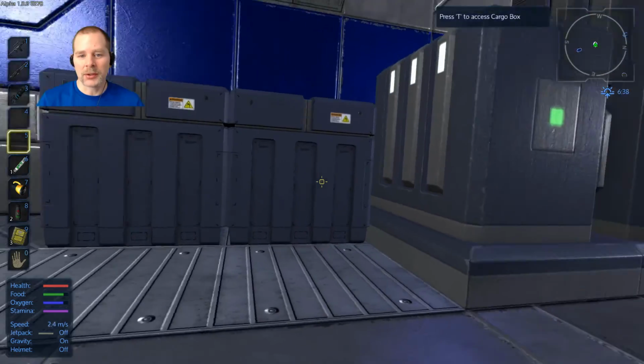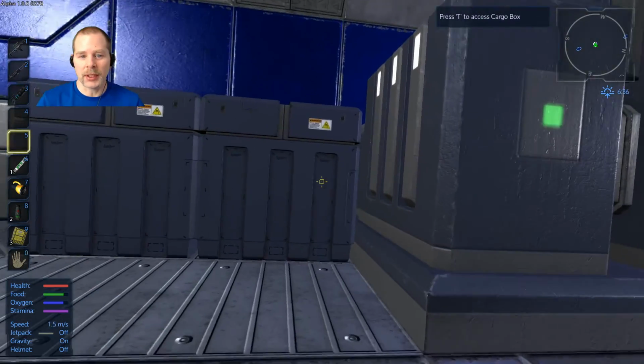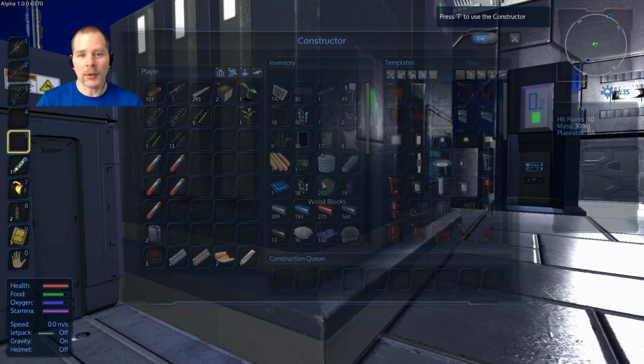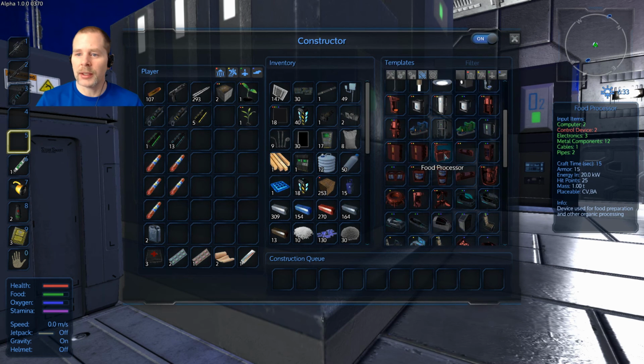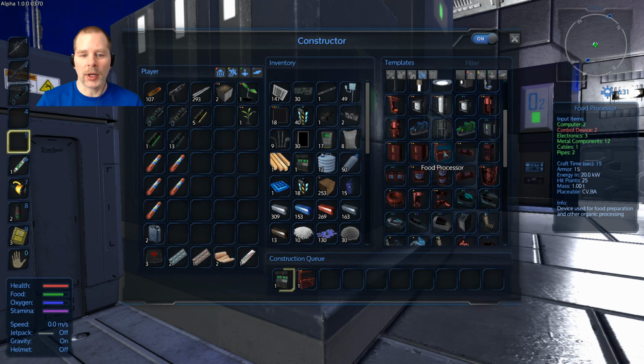Today we are going to get some food and some minerals and see if we can get some more of our survival stuff done. So the first thing I want to do is make a food processor, and that's in here, and I need another control device. So we're going to go to our components, make a control device, and we're going to make a food processor. And when that's done,